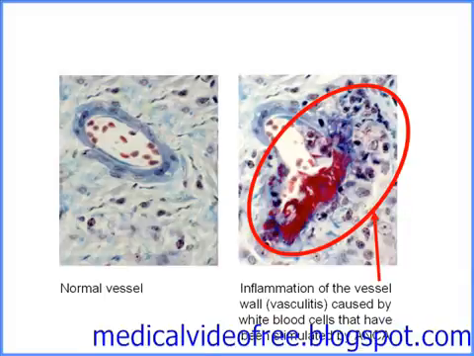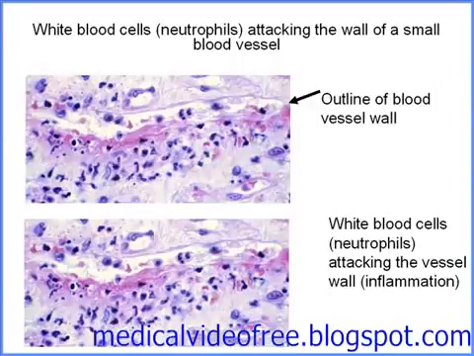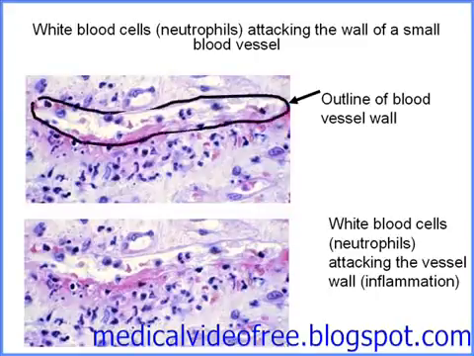This next slide just shows another example of a very small vessel that's been attacked by ANCA vasculitis. Both panels are the same photograph of the microscopic appearance of this vessel. In the panel above, I've drawn an outline around where the wall of the vessel should be. The top part of the vessel has not been attacked to any significant degree, but the bottom part you can